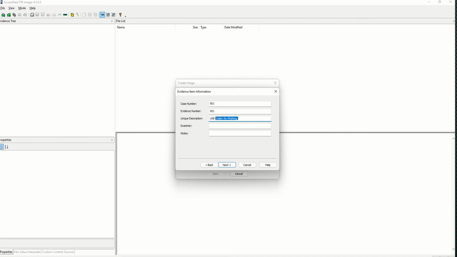USB evidence, let's just say USB evidence for phishing, and the examiner is your name, and then you can take some notes from here, and you just need